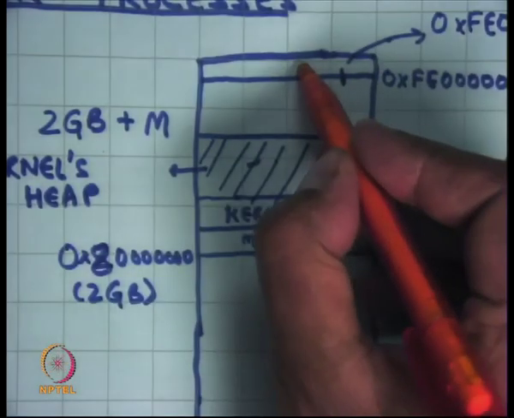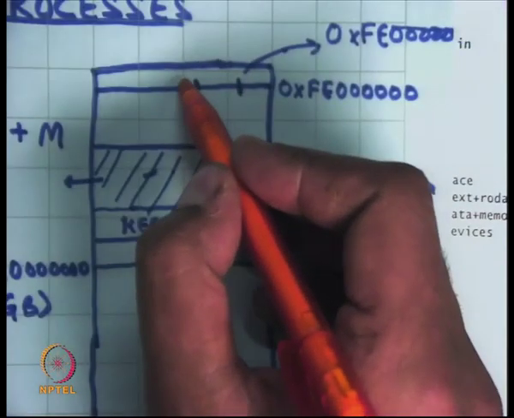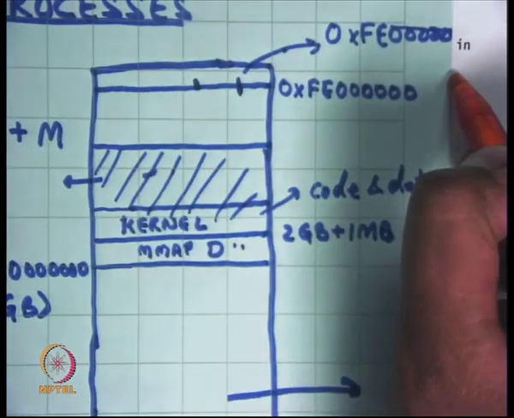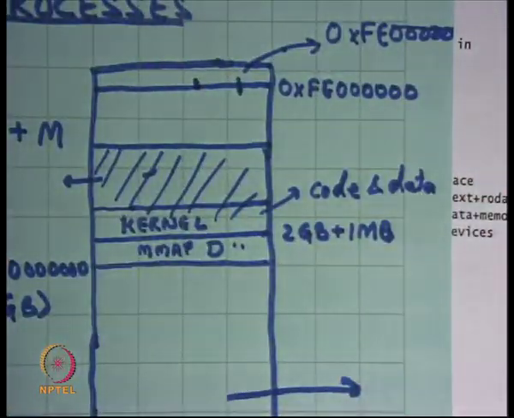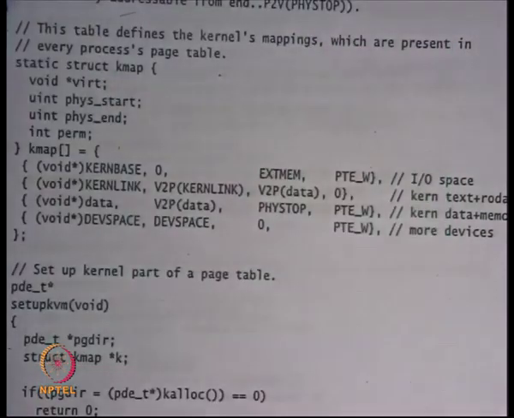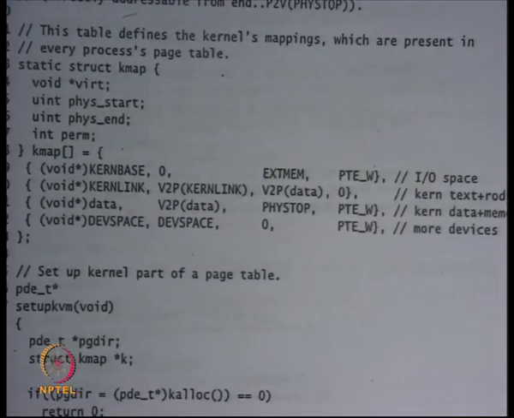in this area to the corresponding physical address, right? And finally, this address 0xFE00 should be mapped identically to the same address in physical memory. So those are the 4 sort of regions that you need to map, right? 4 contiguous regions that you need to specify, and that's what this array is telling you, right?